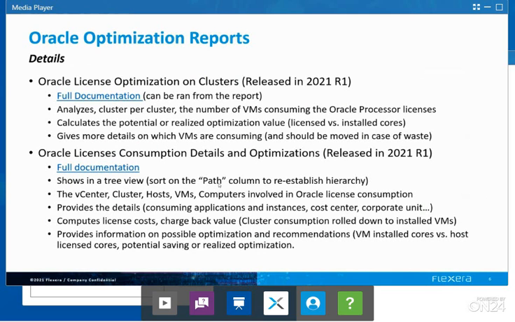So knowing that reports don't support tree views, we have an indented display that will probably be enhanced in the next versions. We have an indented display which shows the vCenter, the cluster, the host, the VM, and we give all the details that we can. It's a little bit like the license consumption tab, but you will see it brings way more details on